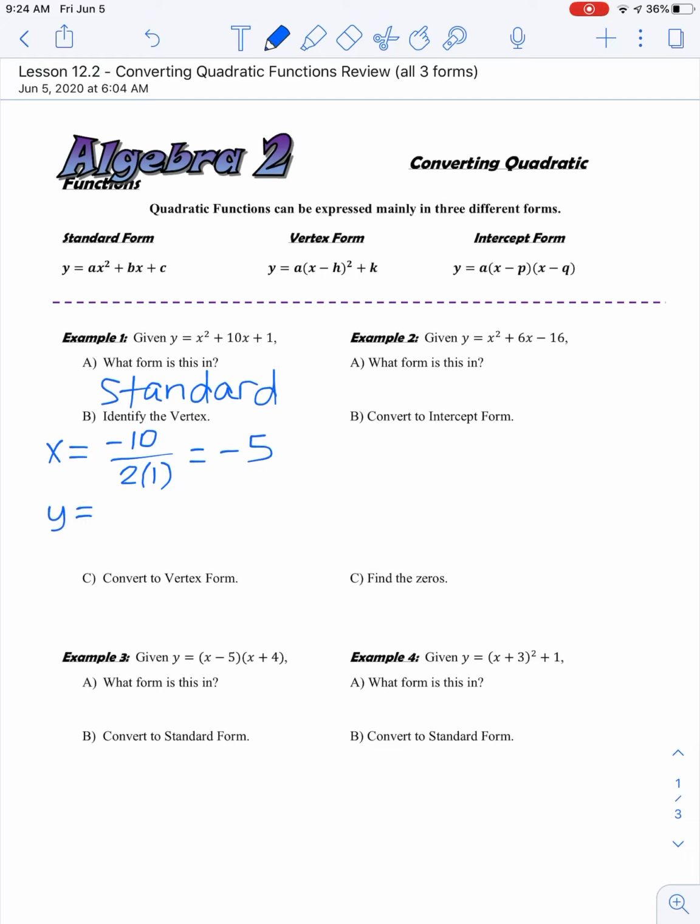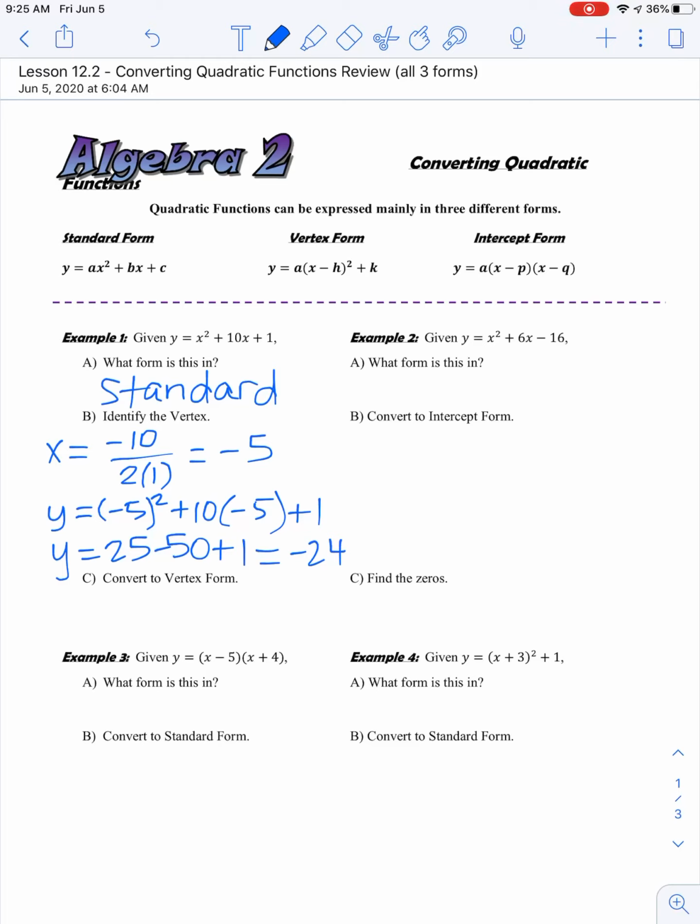Plug a negative 5 in for x. So we have negative 5 squared plus 10 times negative 5, and then plus 1. So y equals 25 minus 50 plus 1, which is negative 25 plus 1, which is